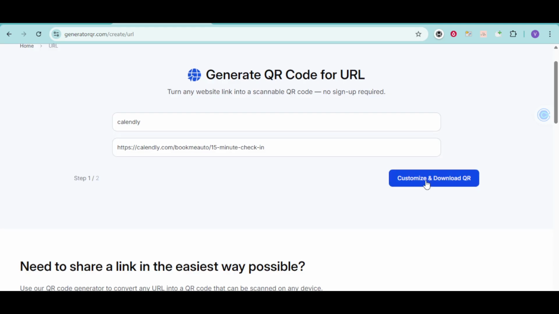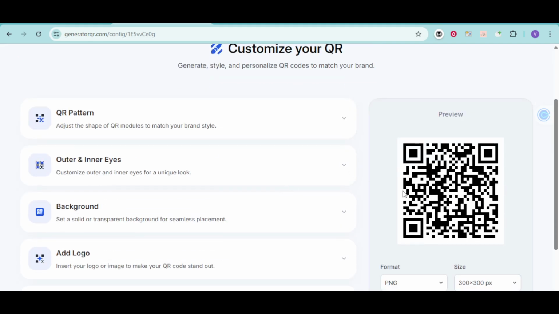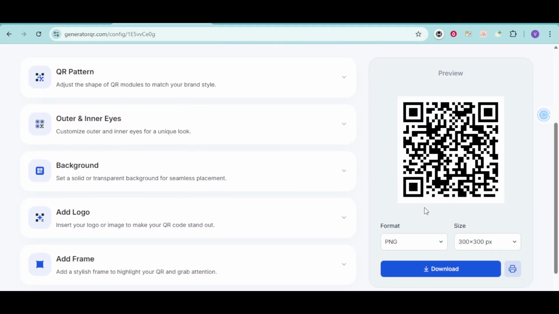After pasting your link and choosing any optional settings, look for the button to create or generate your QR code. It might say generate, create QR code, or something similar. Click that, and the generator will instantly produce a QR code image based on your Calendly link. You should see the familiar square pattern appear on the screen. Most tools will then give you the option to download the code as an image file, such as PNG or JPEG. Choose the format you prefer and save it somewhere easy to find, like your desktop or a dedicated folder